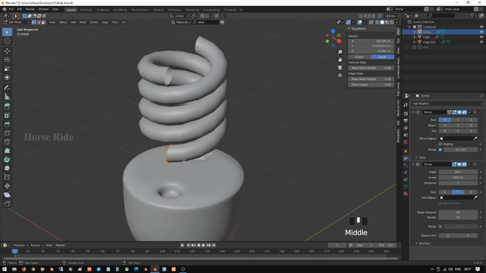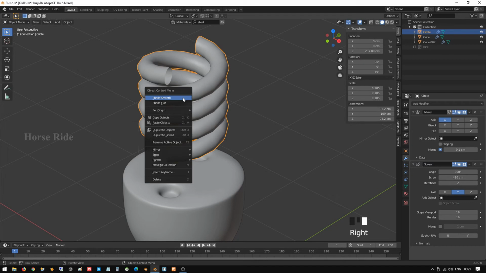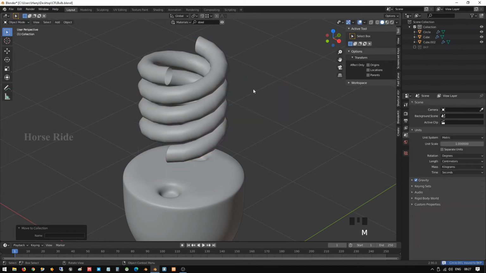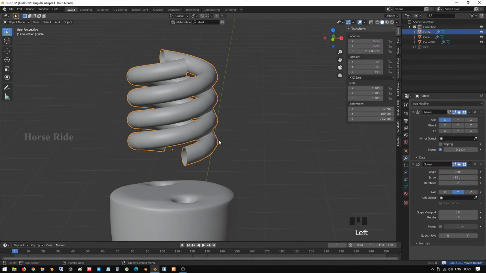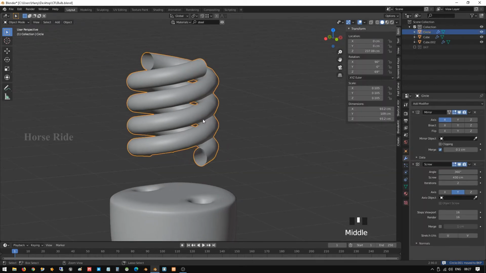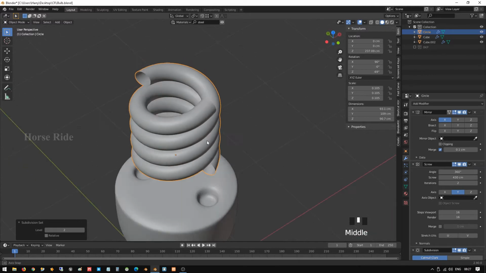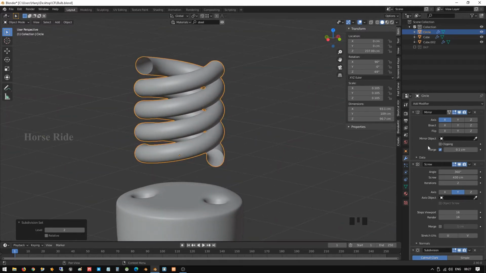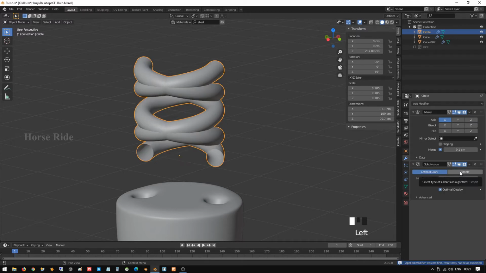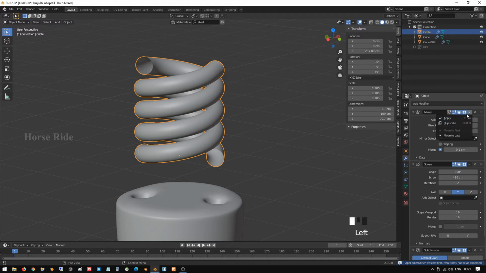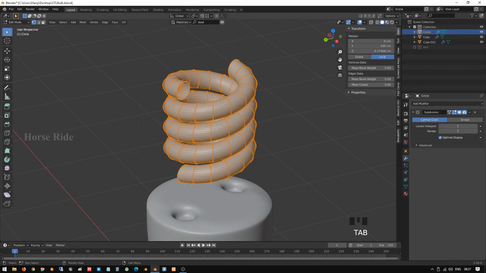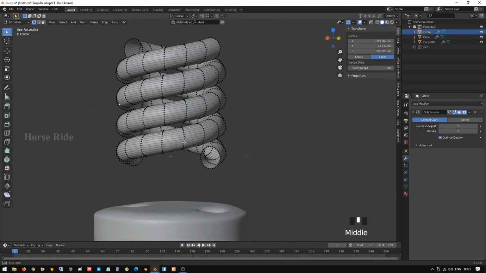And go to object mode and Shift D to duplicate it, right click, M and move to the backup collection before applying all the objects. Select this, Control 2 to make it smooth, and when smooth is created, now before that let me apply the mirror, then apply the screws. So now our object is created. Good to see this. Okay, fine.